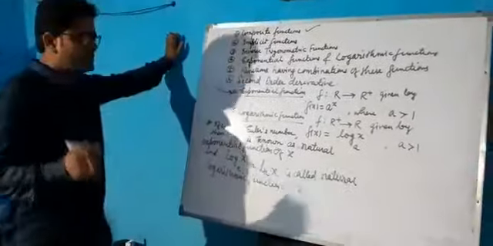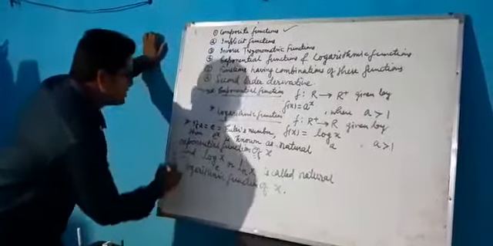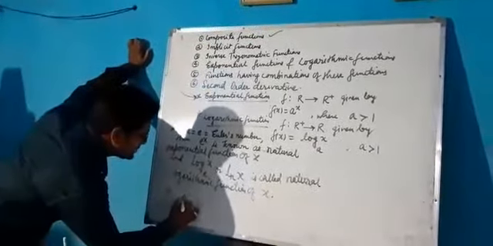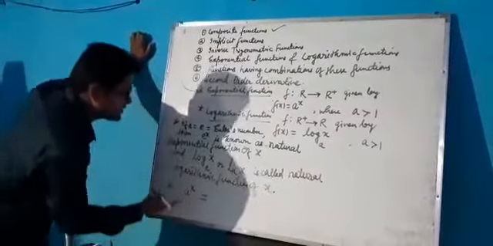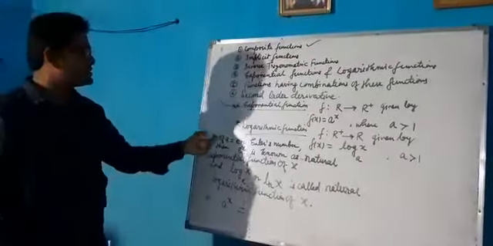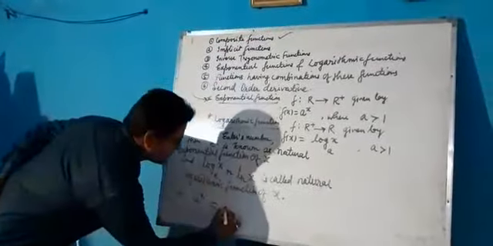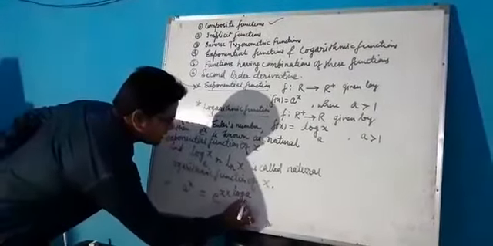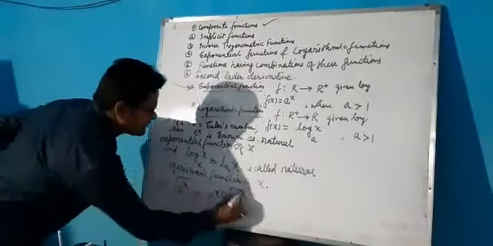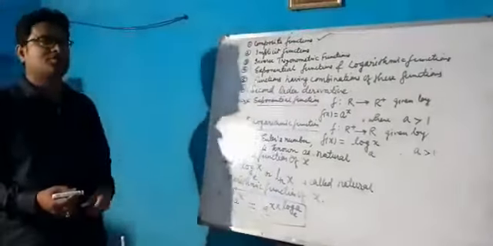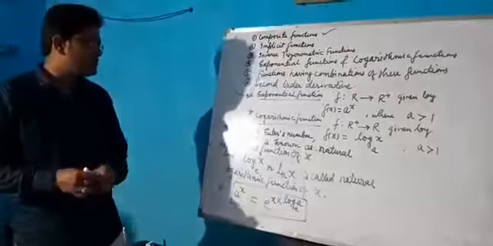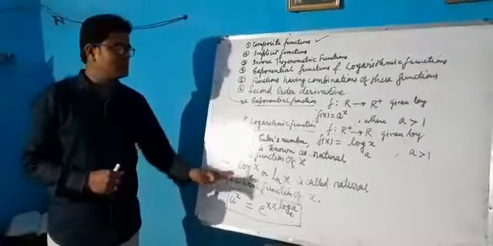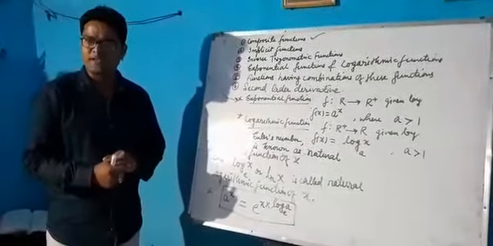I am giving one formula. You remember that formula will have wide use throughout in solving problems. A to the power x: if you want to convert a general exponential function to natural exponential function of x, what formula do you need to utilize? A to the power x is equal to e to the power x into log a to the base e. This is the basic formula which will help you in a tremendous way. This is the way to change a general exponential function to natural exponential function of x.